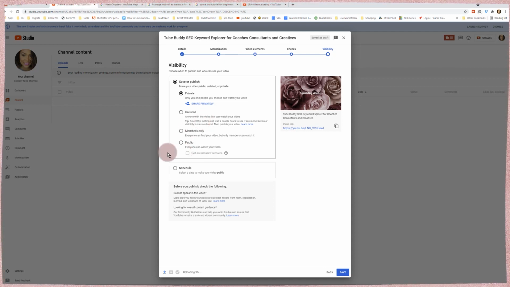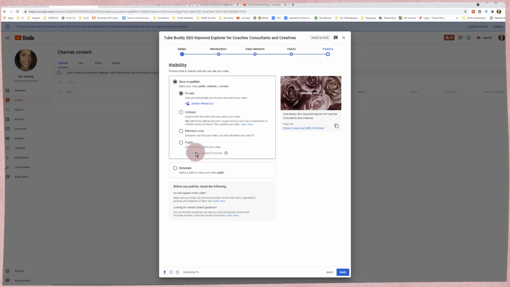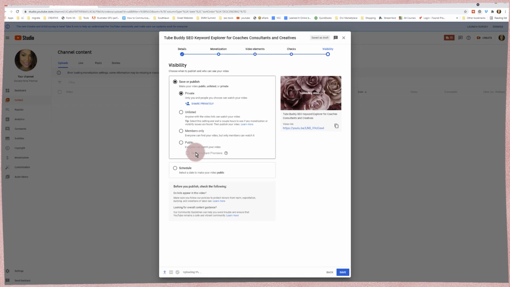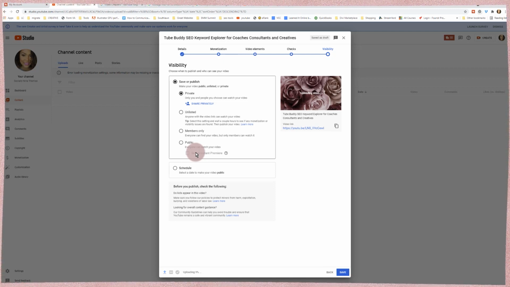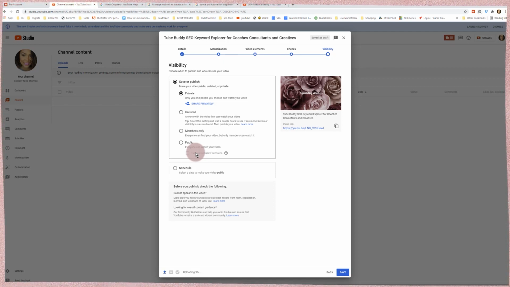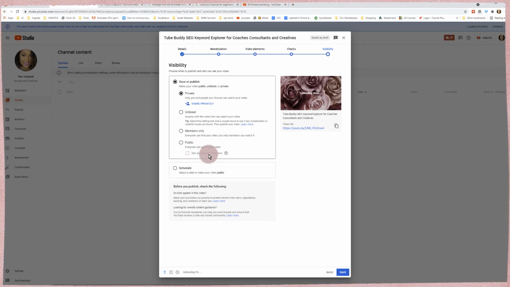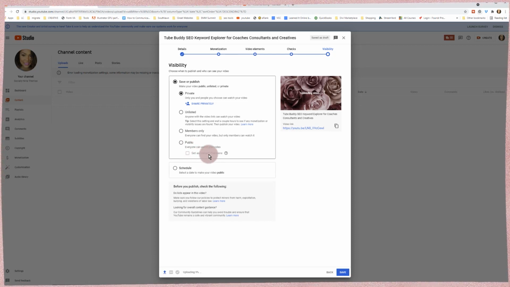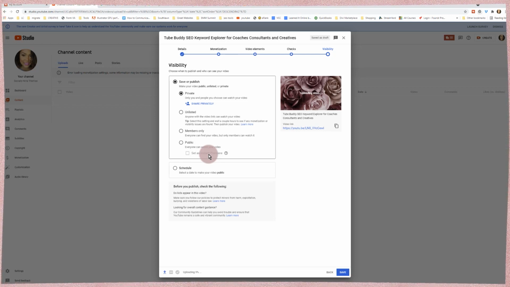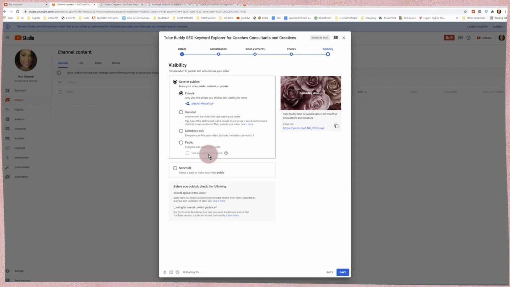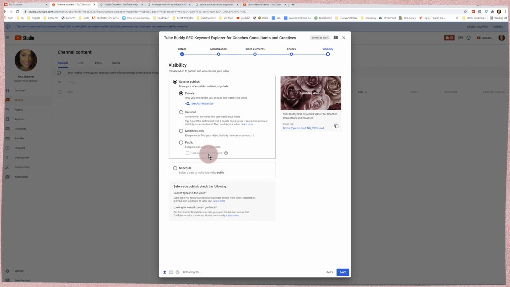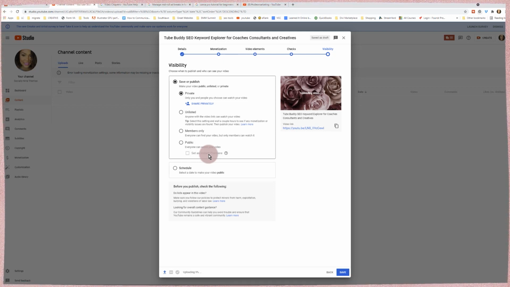What this does is puts the video on your channel and it sits there, but people can find it in searches. They can click on a button to remind them. They get a pop-up when it starts. So I would only suggest to do this if you're maybe starting a new channel and you upload your video,